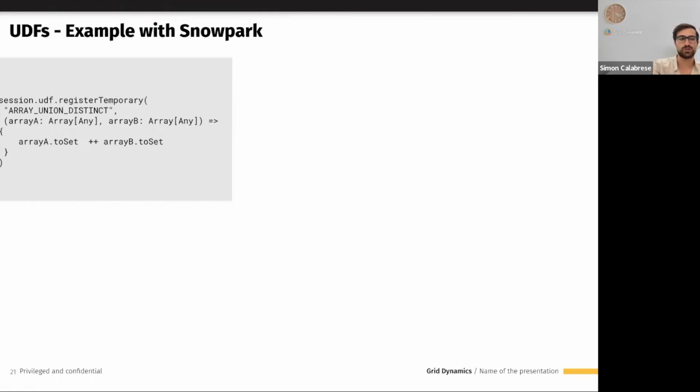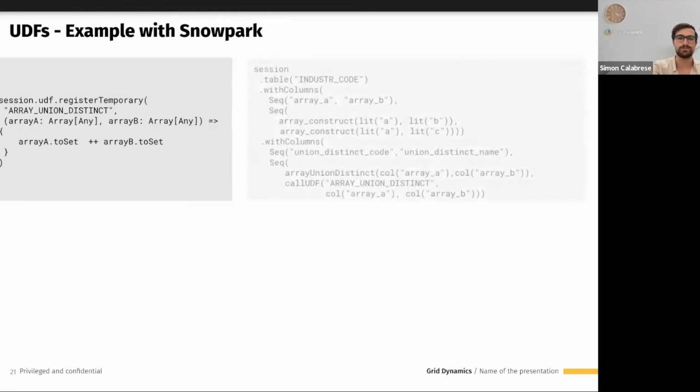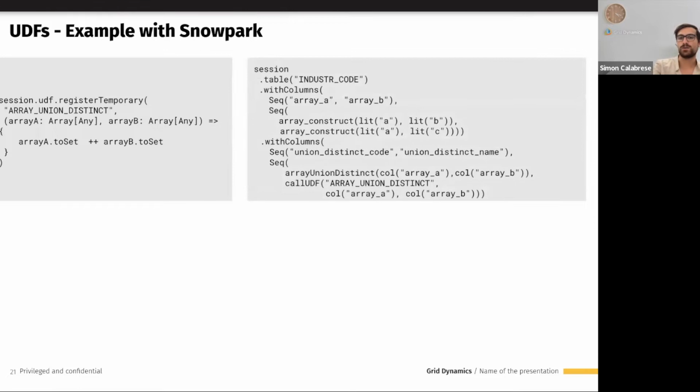Easy operation if you work with the JVM. You just use set from one side and set to the other side. And then you make a concatenation and return the value. But how can you use it? We have a simple example. Two values, A and B, and I create the array. At the end, I want to union it with A and C. So with column, distinct code, and the value will be,